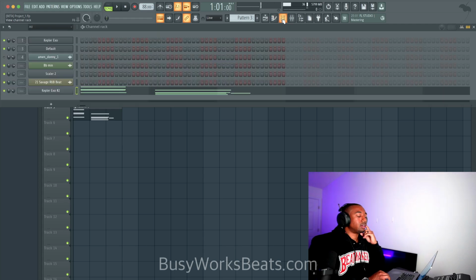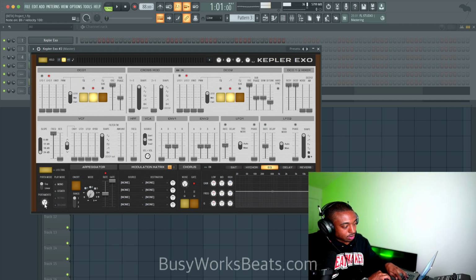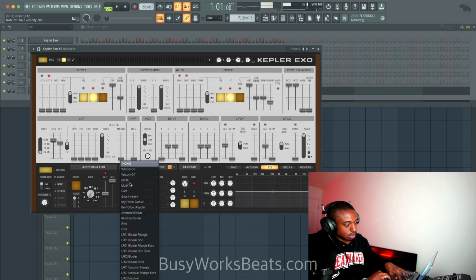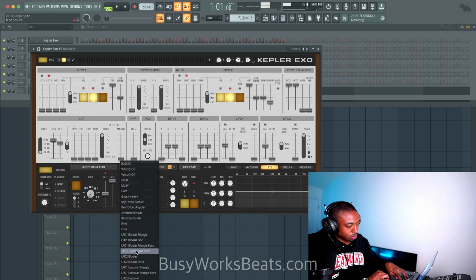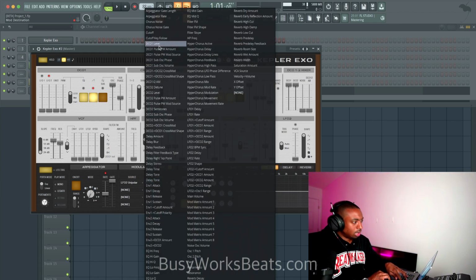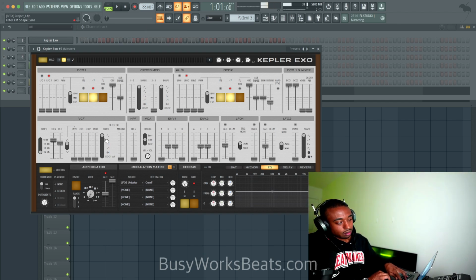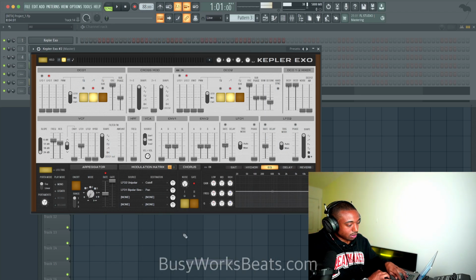I'm trying to decide what. Okay, so for this synth, I wanted to have a lot of portamento and then a weird filter modulation of some sort. Let's modulate it by the LFO like we did before. Actually, let's do unipolar. And let's do filter cutoff. So it's just going to go up and down. And let's control the pan, but this time with the bipolar sine wave. So now it goes left and right.